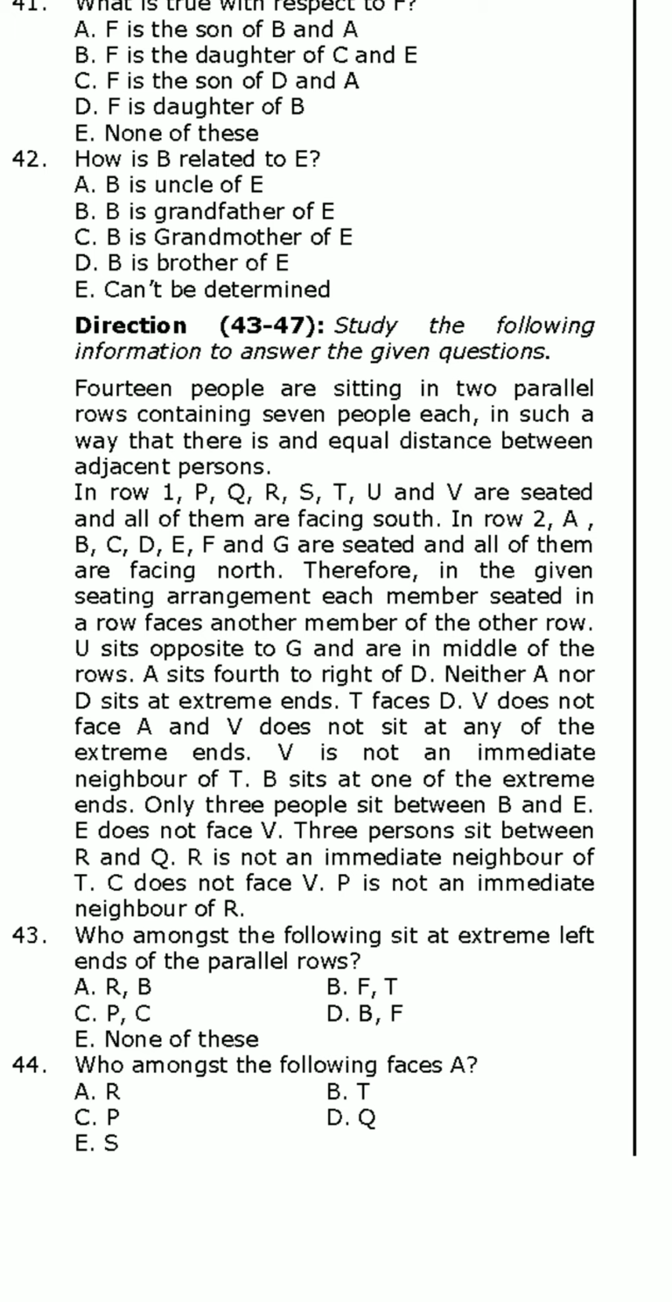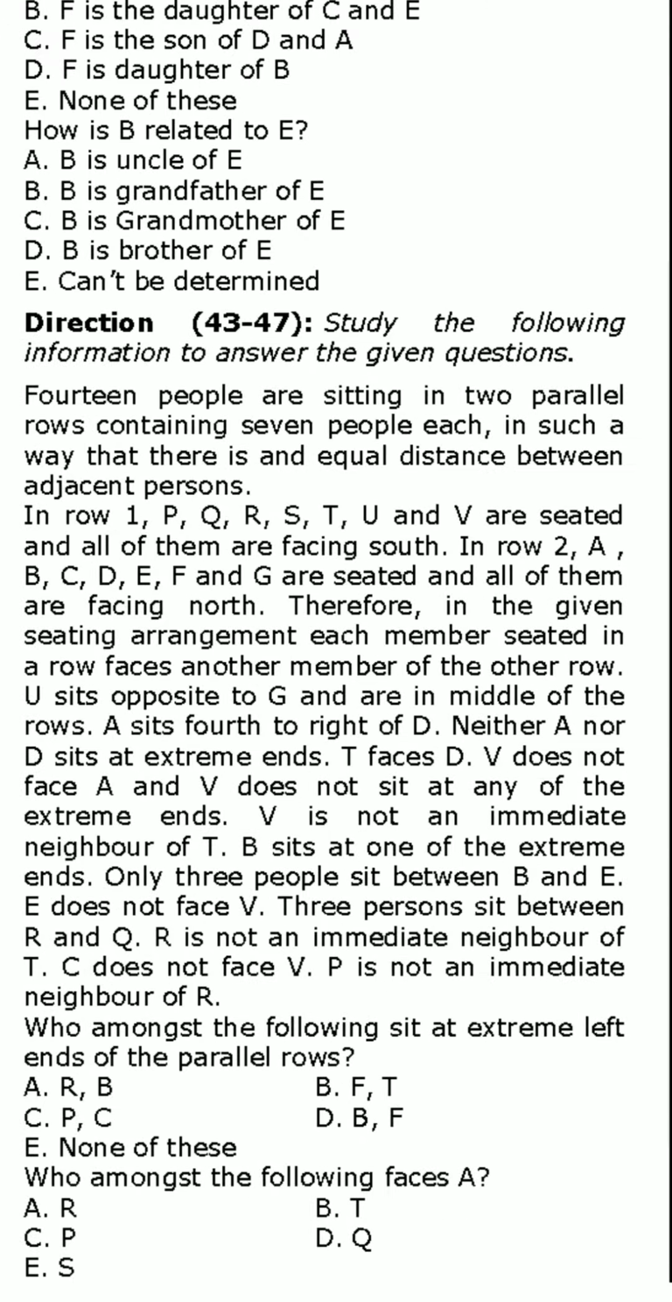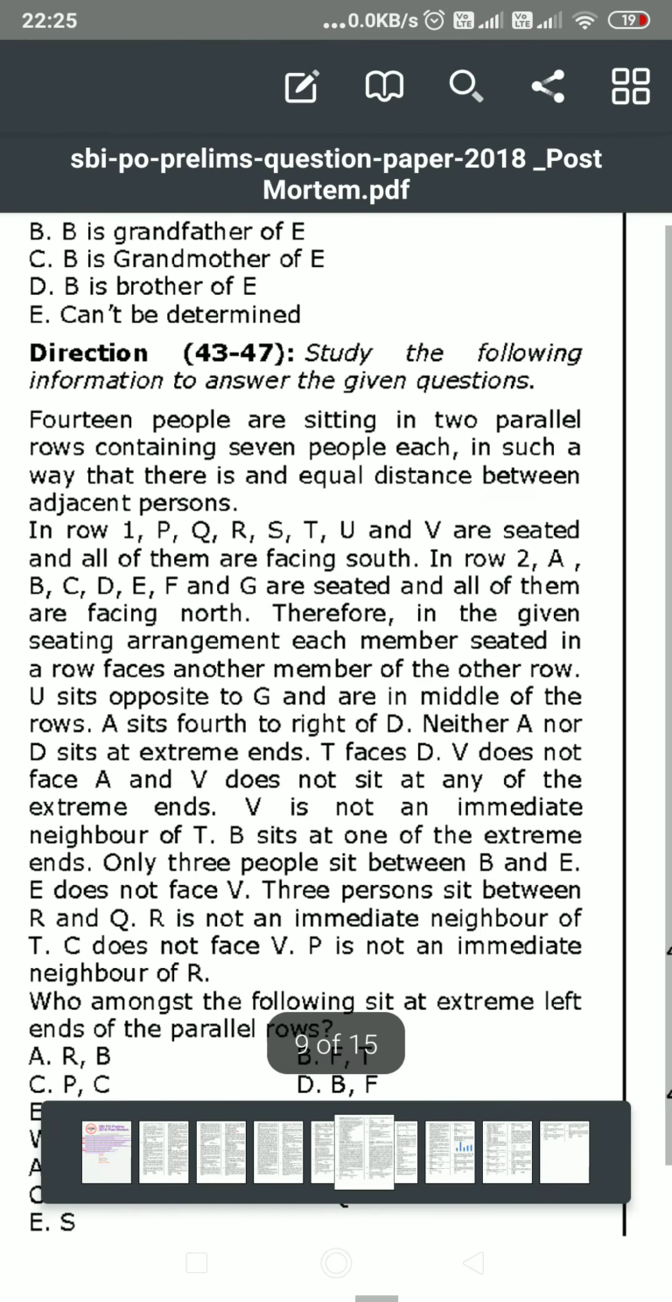So in this category, it is nothing but seating arrangement question. 14 people are sitting in 2 parallel rows containing 7 people each, in such a way that there is an equal distance between adjacent persons. Okay, so now persons are sitting in a proper order. Now this is also one type of logical reasoning question which is very important, because if you see here we have 43, 44, 45, 46, 47, 5 questions based on this seating arrangement question. Okay, now let me go to other part,